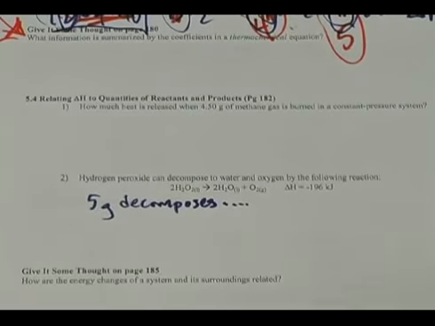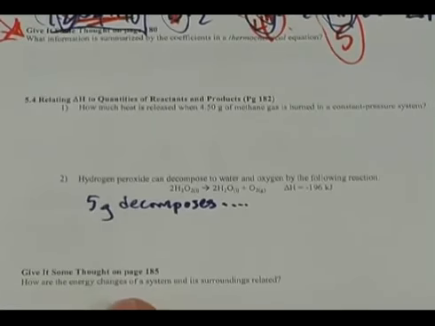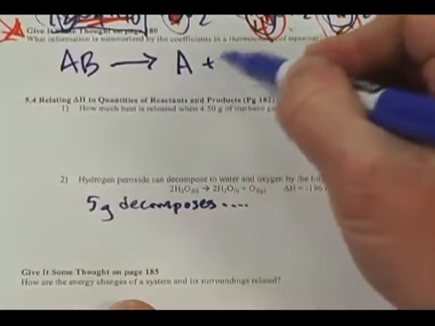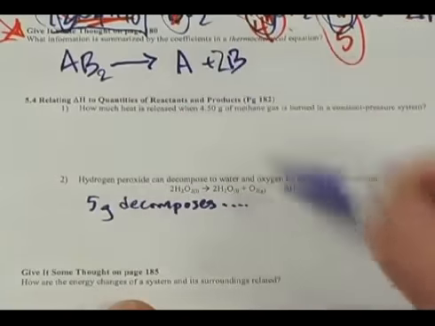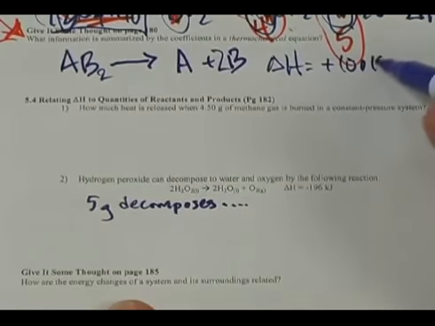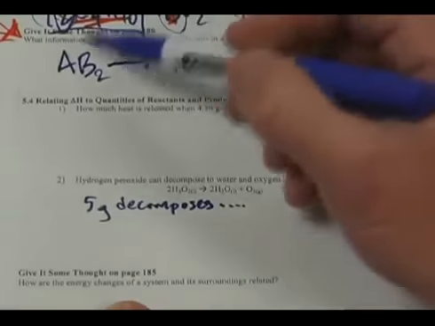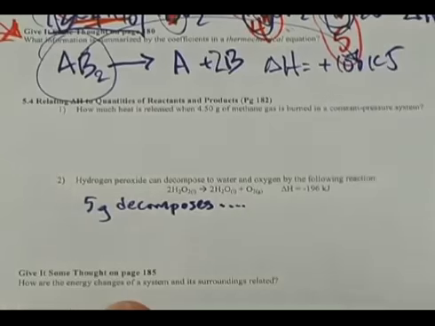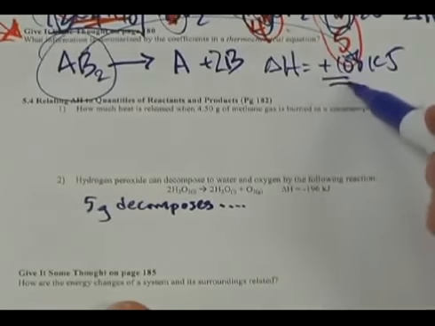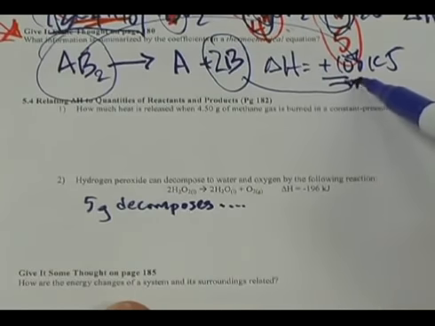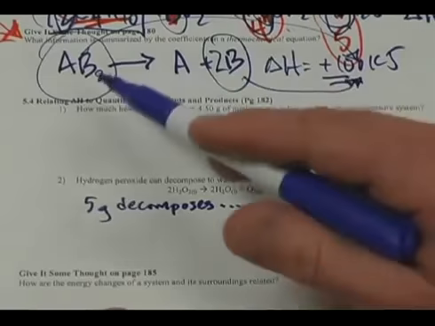A thermochemical equation can give us a lot of information about what heat energy is gained or lost in a chemical process. For instance, if we have an equation AB goes to A plus B, and let's just pretend there's a 2 down here and a 2 here, and the enthalpy change for that reaction is positive 100 kilojoules, we could say for every 1 mole of AB that's dissociated or broken up, you'd have to input 100 kilojoules. For every 2 moles of B that's formed, you would have 100 kilojoules needed to be put into AB to